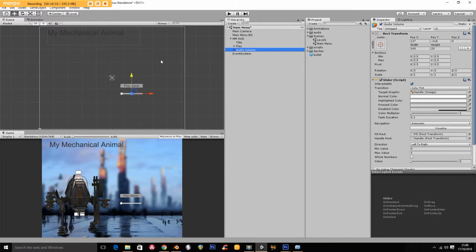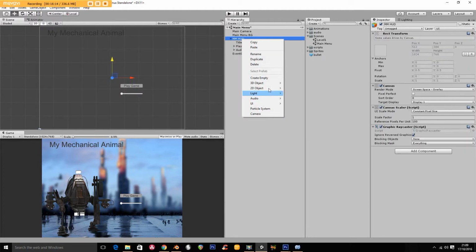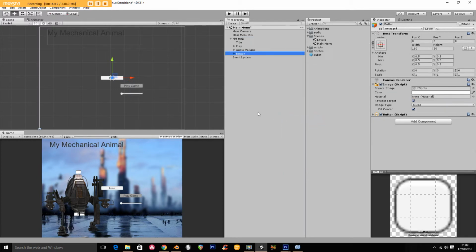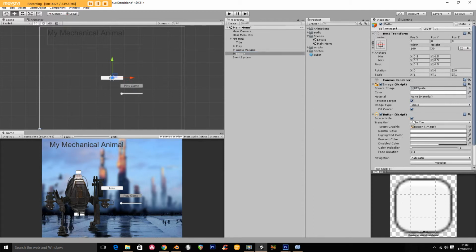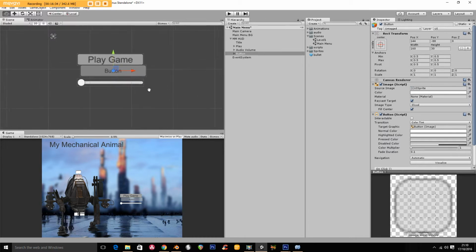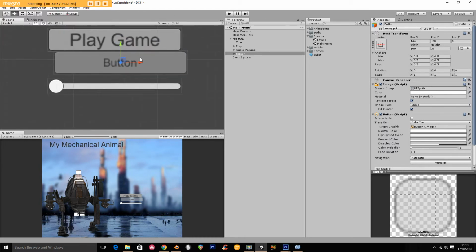Volume. So I'm going to add another button, a UI button. Now this button I'm going to turn off interactable. And why am I doing that? Well, I need to tell or indicate to the user that this button is not to be pressed,